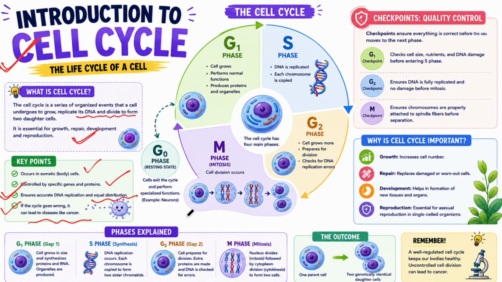सेल साइकिल के अंदर जो है चार फेजेस हैं। The first phase is G1, there is S phase, there is G2 phase and there is M phase. G1 फेज जो है यहाँ पे सेल जो है वो ग्रो हो रहा है, ठीक है। It performs the normal function and produces the protein and cell organelles, ठीक है। इस फेज के अंदर सेल जो है वो सिर्फ ग्रोथ कर रहा है और ऑर्गेनल्स जो है वो प्रोटीन और आरएनए जो है वो प्रोड्यूस कर रहे हैं, ठीक है।